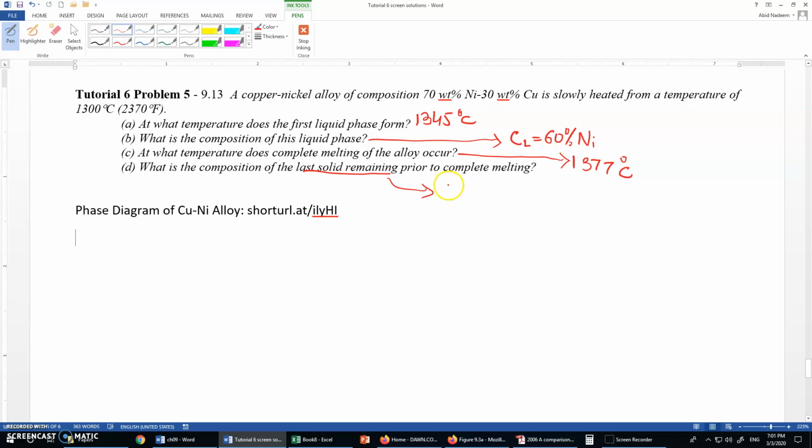So the answer is 79 weight% nickel, which will be 21 weight% copper. Okay, so here you can also write it like as 40 weight%